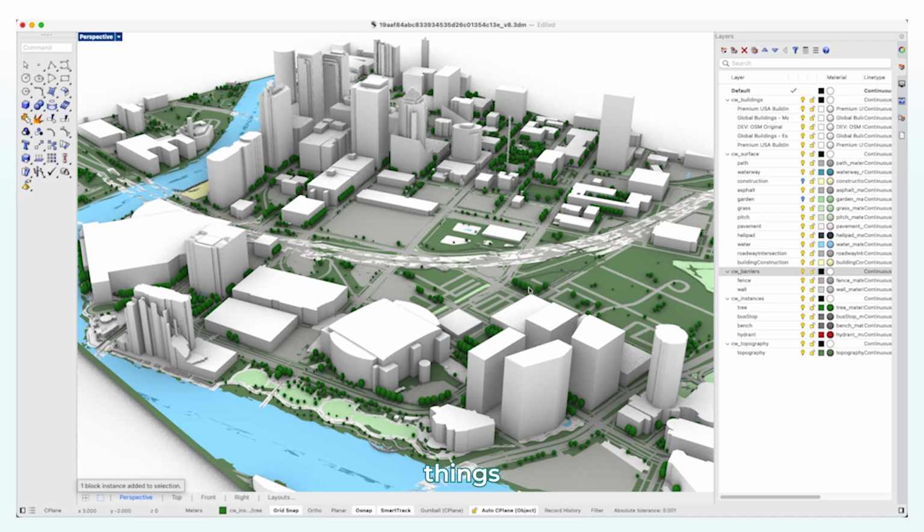We'll be exploring things like metadata, smooth terrain and objects, and if that's something you'd like to learn more about,